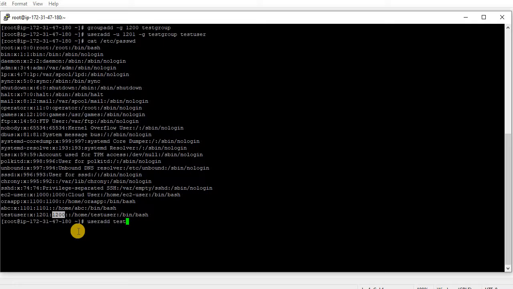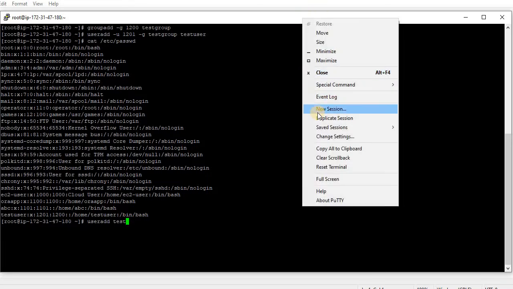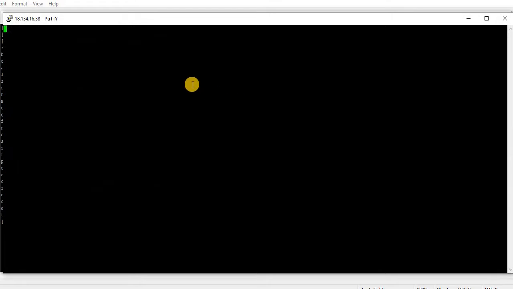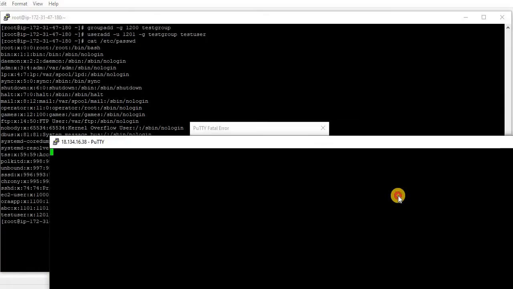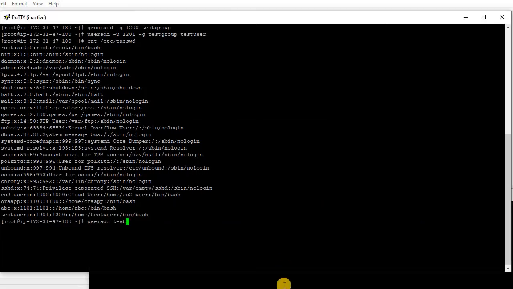Okay, it is not responding? It has hanged or what? Let me take a duplicate session. Network error, software caused connection abort.